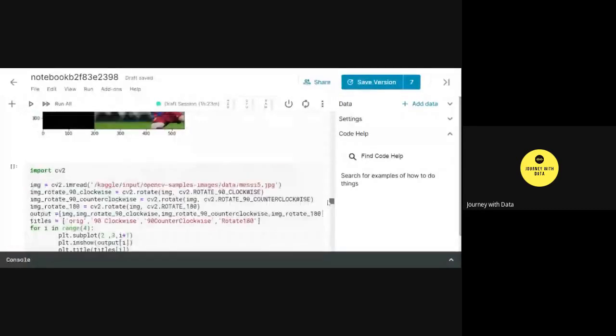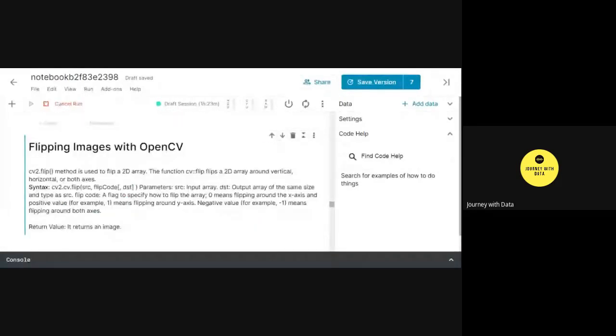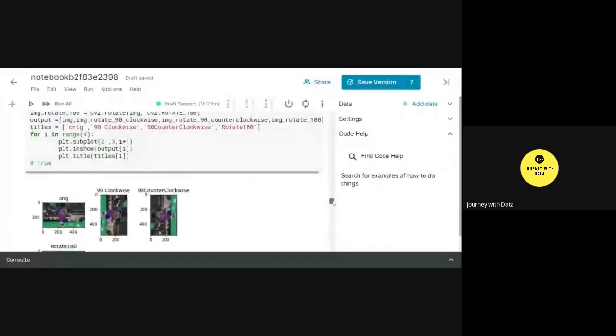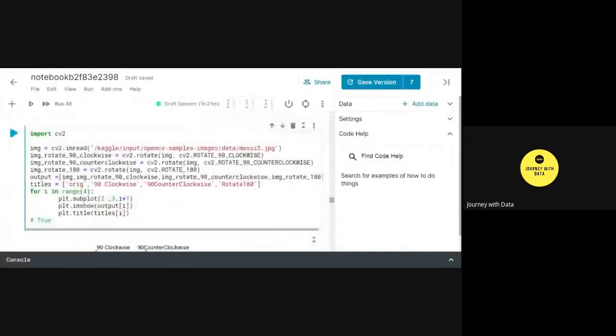See this part. Okay, so this particular section of the code is basically rotating an image.